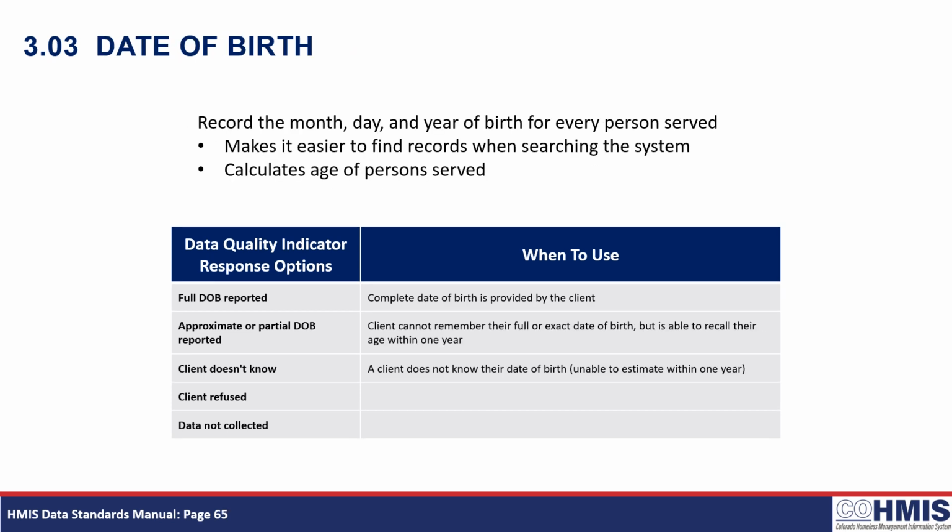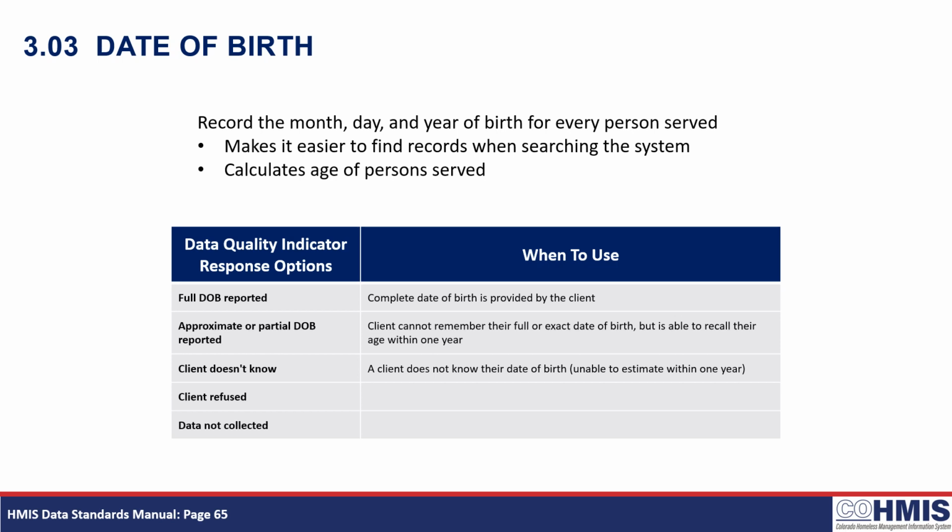Date of birth, pretty straightforward, right? We're just going to record the month, day, and year of birth for every person that we serve, which makes it easier to make sure we're pulling up the right record in HMIS, and also calculates the age of the people that we serve and lets us know what's our average age of a person that's experiencing homelessness